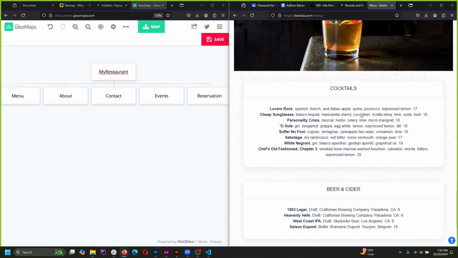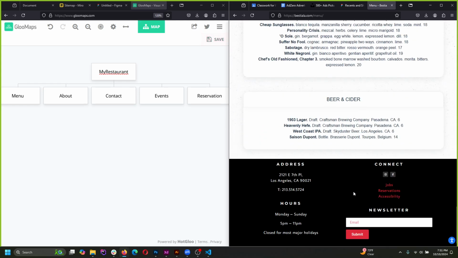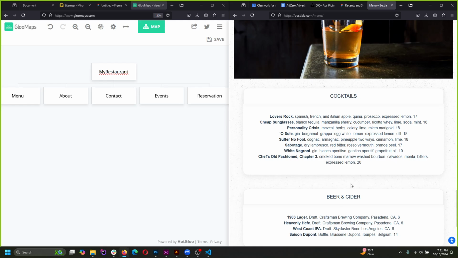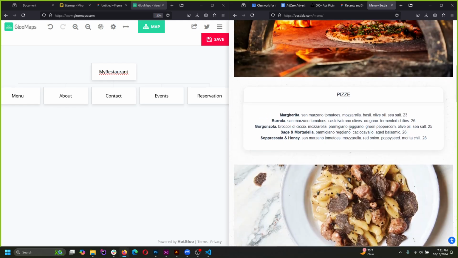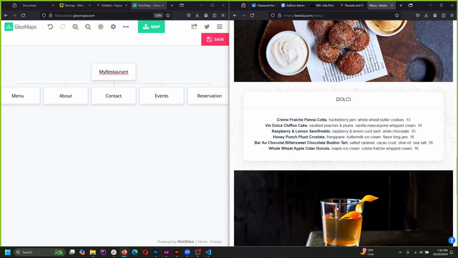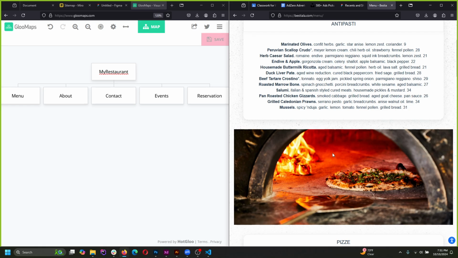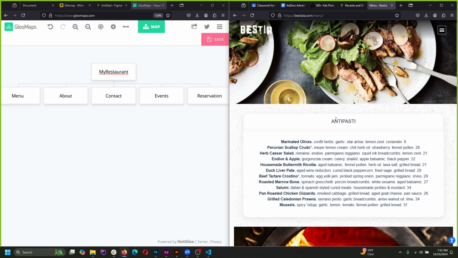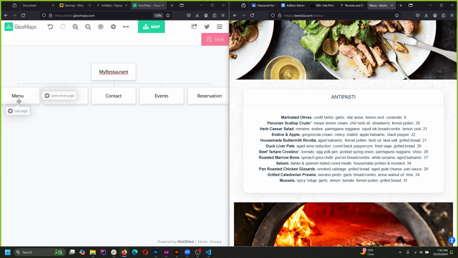Have I been here? Okay, so here they've got all the different menu stuff. Since we don't have other pages that it's linking to, just to show the structure of your website, you could throw in what menu items you're gonna have. So I'll put a sub page to menu,